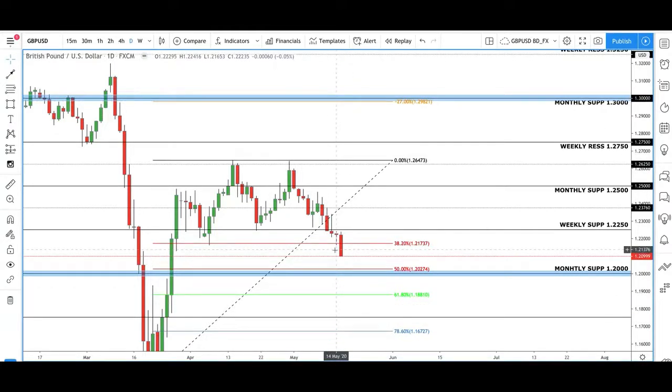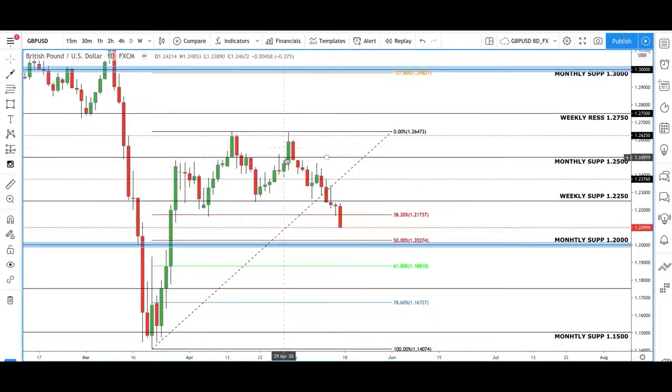Remember, daily and weekly Fibonacci's can take some time to play out, especially when we're getting entries. If you think on the 1 hour, sometimes you can have one or two rejections on the 61.8% retracement before looking at taking the trade. But on a daily, you might look at one or two rejections as well. So obviously, it's days, not 4 hour or 1 hour candles, so it takes a bit longer to actually get the entry. But we could be looking at this coming down to 1.200.